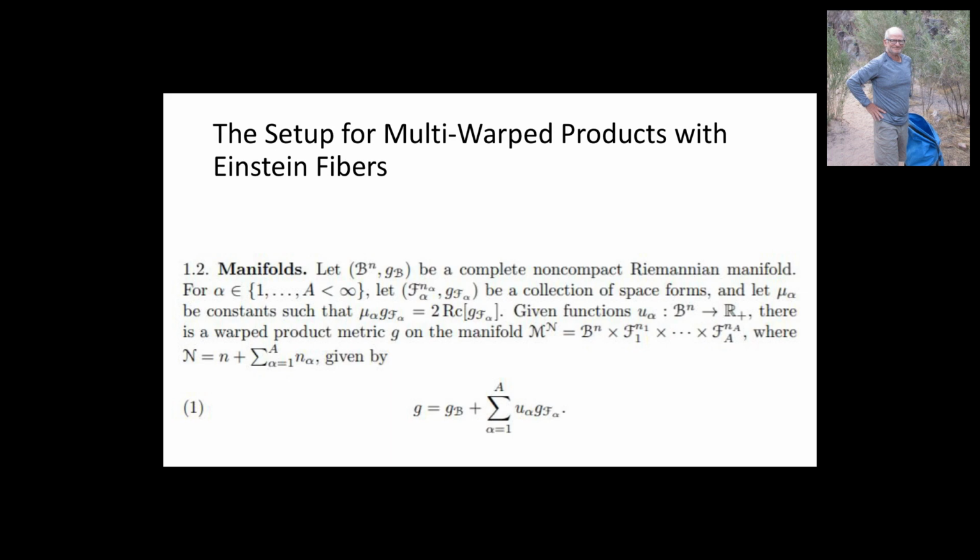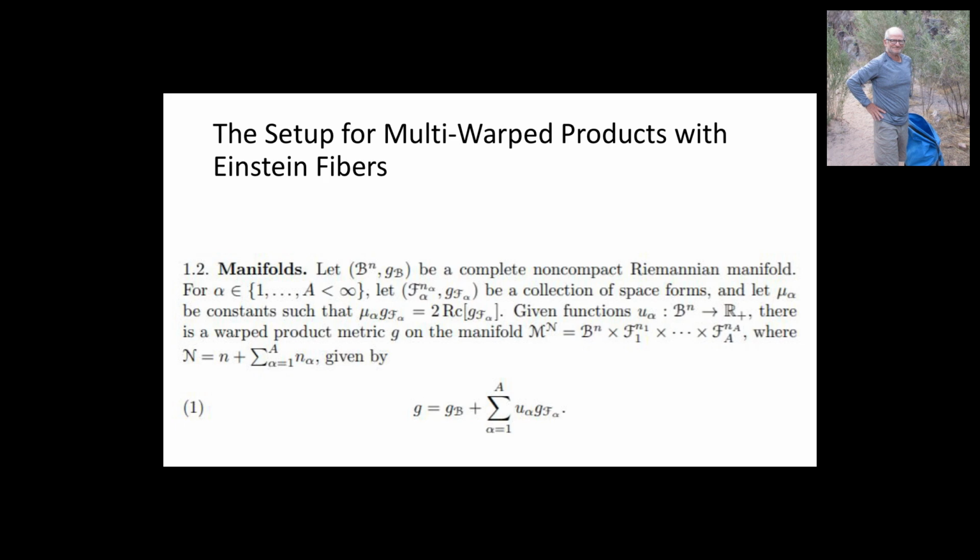Then we have a set, from 1 to kappa, of certain fibers, and each fiber we call F^{n_alpha}, and the metric we call g_F alpha. These are a collection of Einstein space forms, such that the Ricci tensor of these fiber metrics is equal to some constant mu alpha times the metric. So given a bunch of positive functions, mu alpha, on the base manifold,